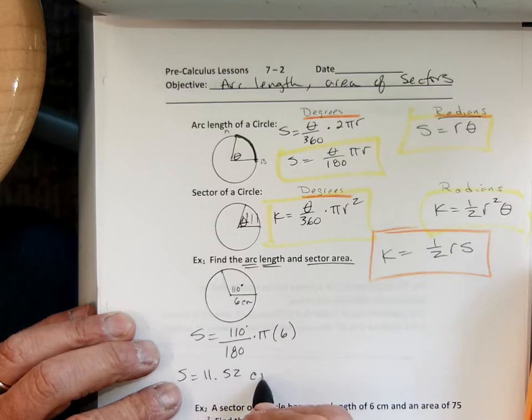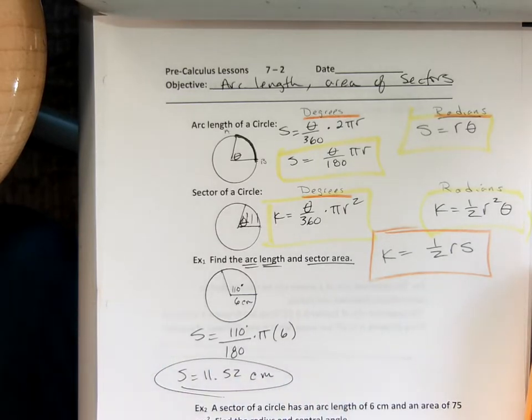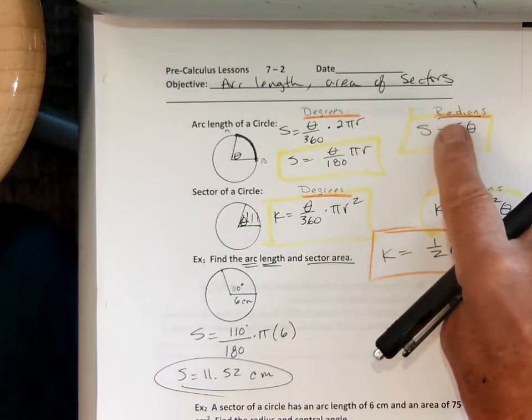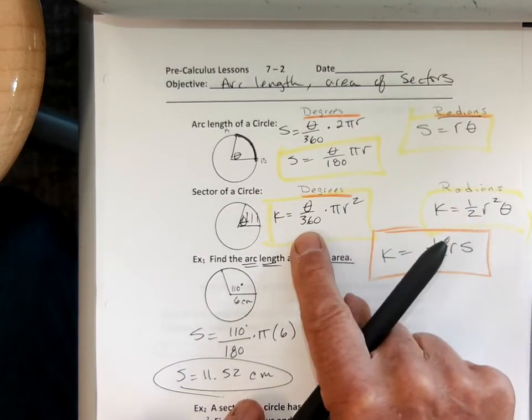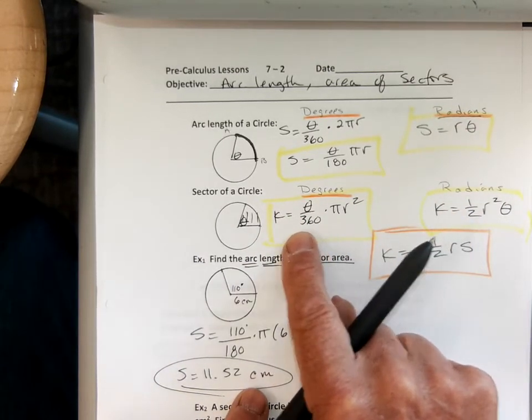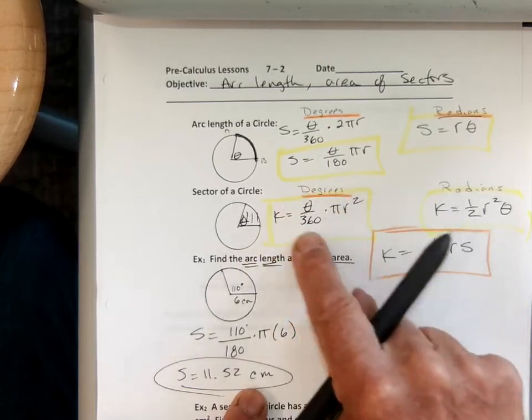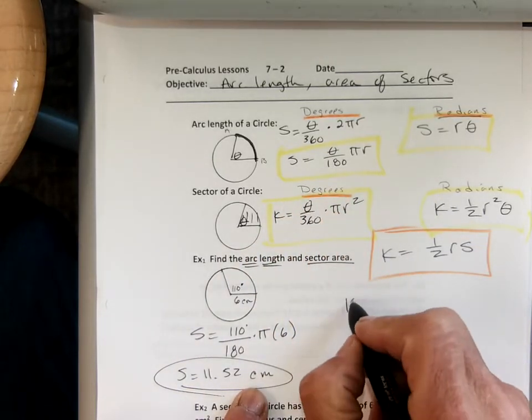11.52 centimeters, okay? Pretty easy. You just have to find the formula that works. Area of the sector. These are my sectors, right? My area of my sector. And this is given in terms of degrees, so I want to use this formula, okay? I want the area of the sector. It's in degrees. I'm going to use this formula here, so I'm just going to go K, which is the